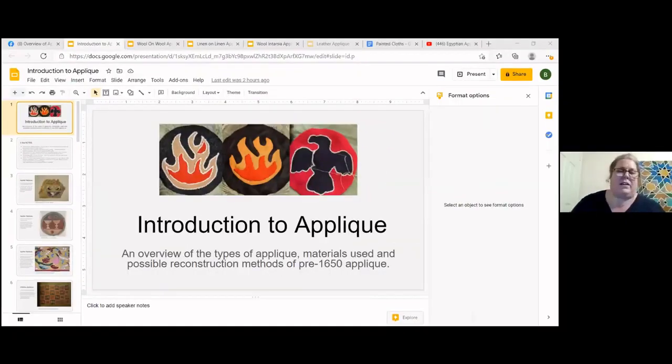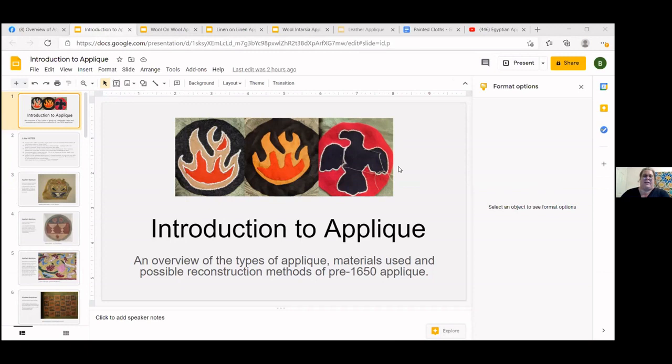Okay, so we're going to start by sharing my screen again as soon as I remember how. Okay, let's start talking about applique. This is an overview of the different types of applique, the materials used, and possible ways of how it could have been done